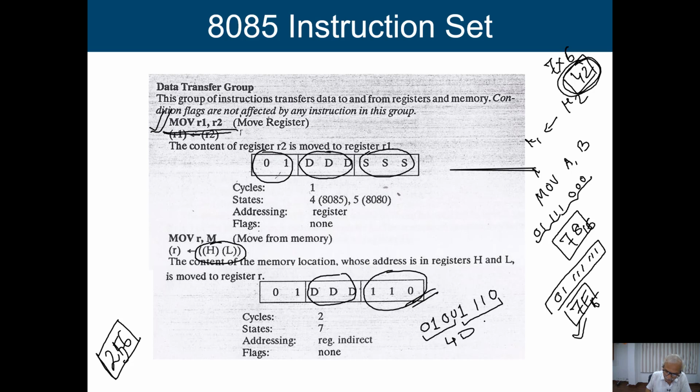So, 4D in hexadecimal, it is basically done like that: move, this is your 0, 0, 1 is C, F. That means we are going to take the contents of a memory location M, and from where I am going to get the address of this particular memory location. It is from this particular register pair H and L. Okay. So, whatever value we have in this register pair H and L, that information will be treated as the memory address. From this particular memory address, we are going to pick up the information and put it into this particular register C.